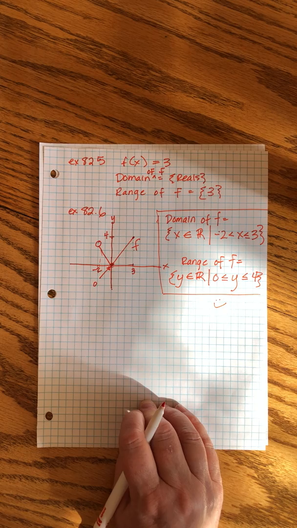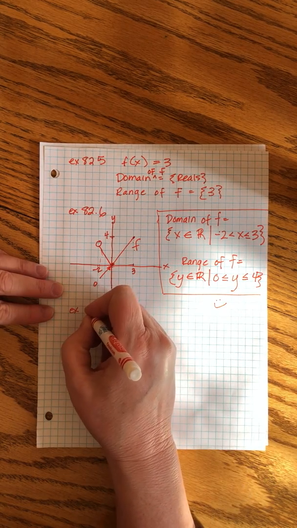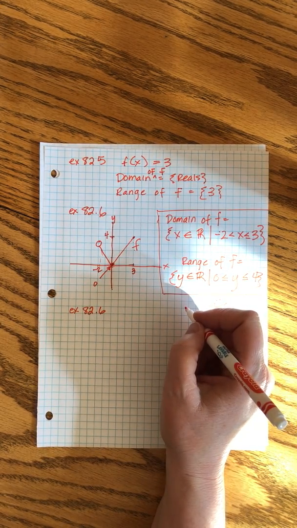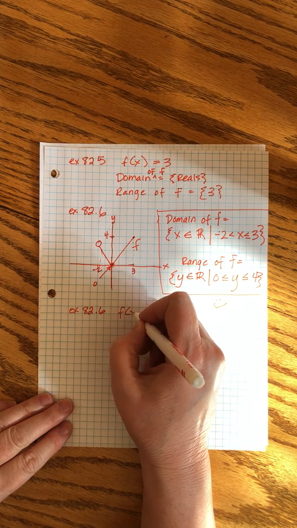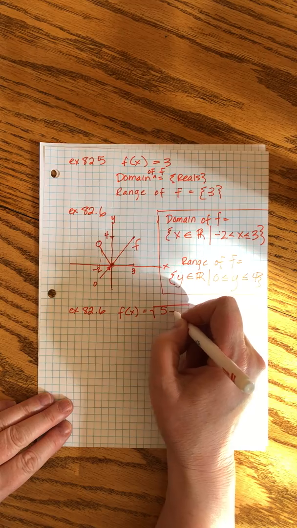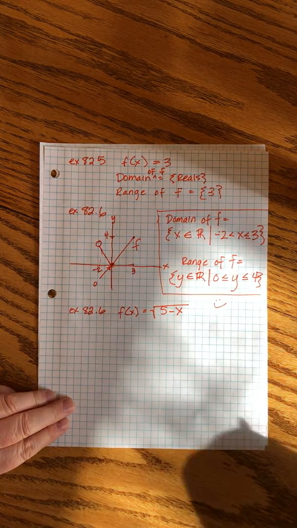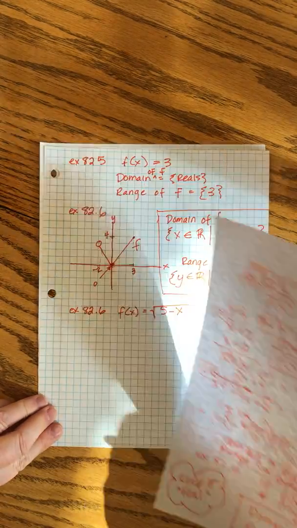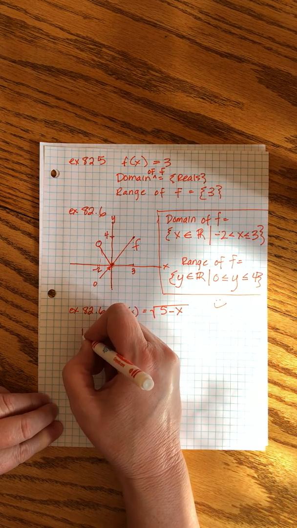All right. Here's a couple more that I think are a little bit more logical, easier to understand what we're getting at. Find the domain of the function f of x equals square root of 5 minus x. Okay, remember when I said to keep it real? That means we can't have imaginary numbers in our output. So we have to set up our domain